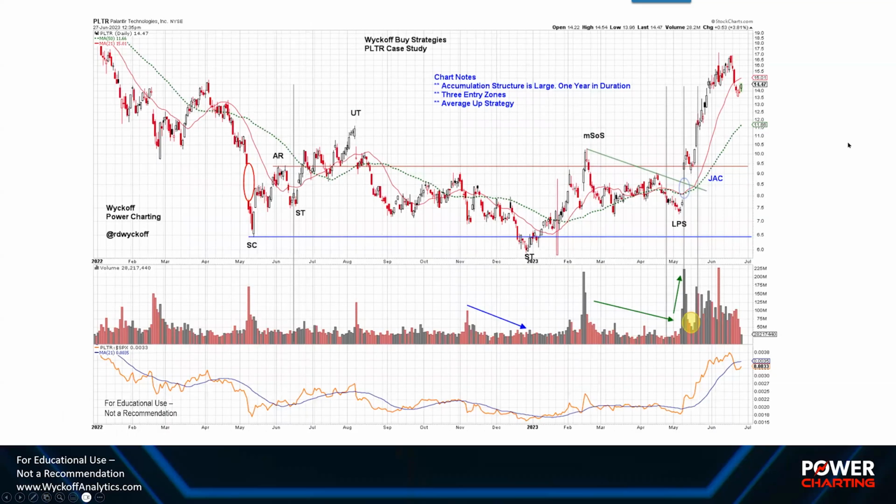Here is our case study for today, and this is Palantir Technologies. This is up to date through June 27th, end of the quarter. And just to emphasize here, relative strength underneath, I think that's very valuable. Selling climax low, then an automatic rally, resistance and support. This is the value zone. The secondary test comes down here, and it is being bought in the $6 area.